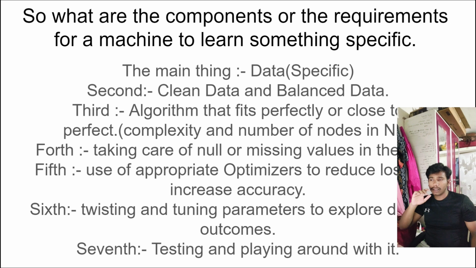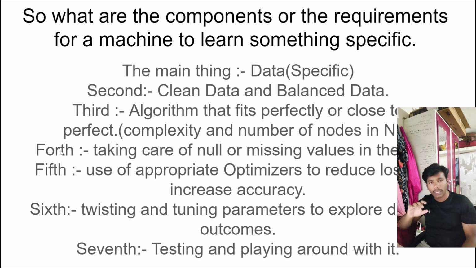which should be really perfect for the complete data, and it should be able to understand all the data which it has been fed with. The complexity and the number of nodes in the neural network is really important, because the more nodes there are in the neural network, the more complex the code, or we can say the algorithm, becomes, and the better accuracy it is able to give you. The fourth thing is that when we are working with data,